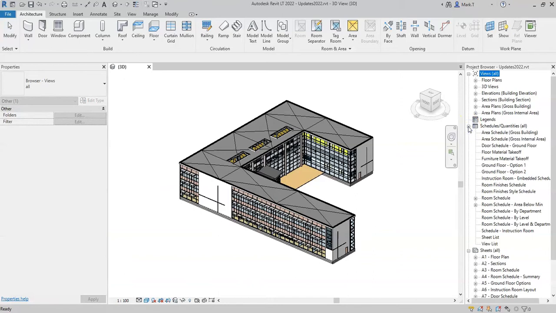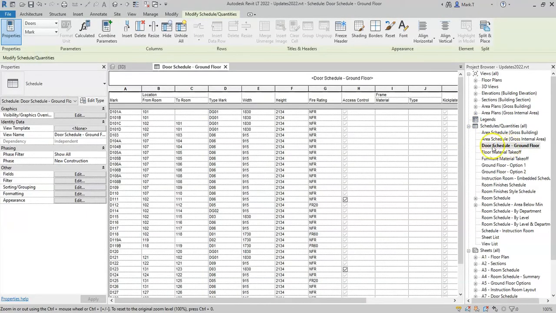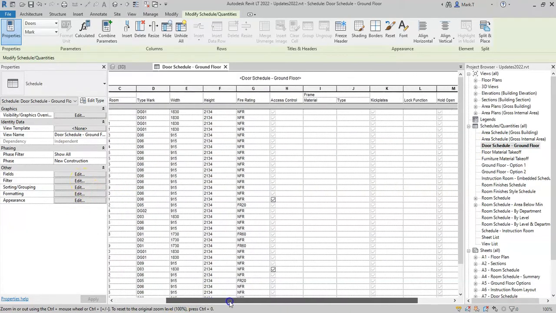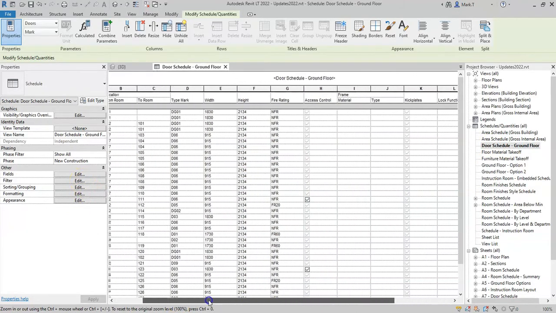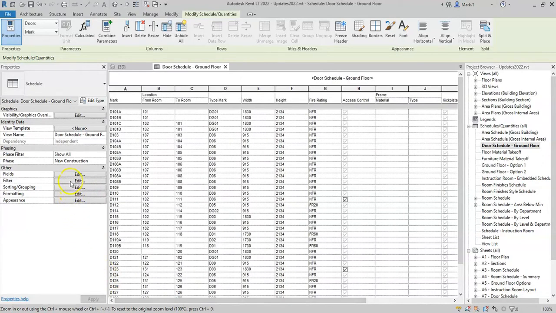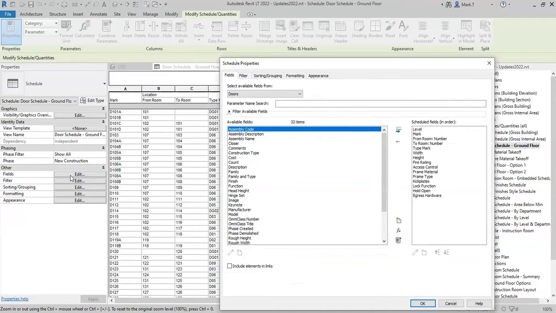The first changes that we will look at are to the schedule properties. I have opened the door schedule, where you can see I have added some additional columns. If I go to the fields settings,